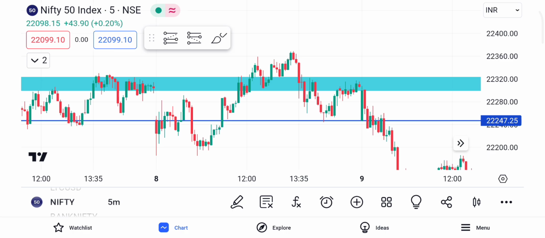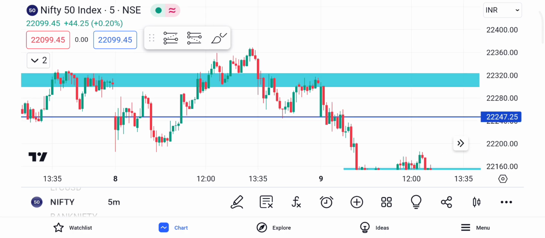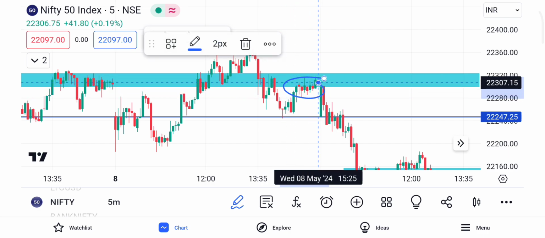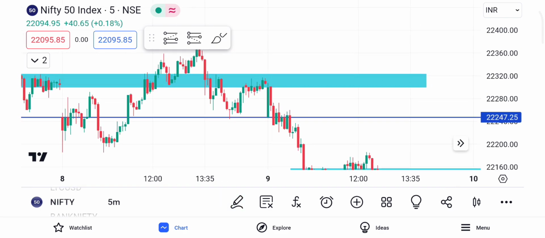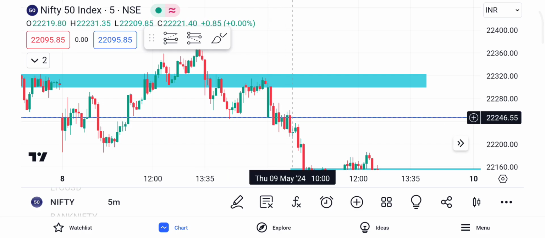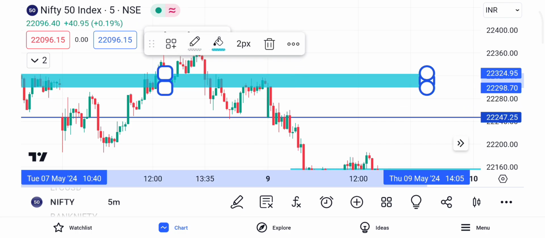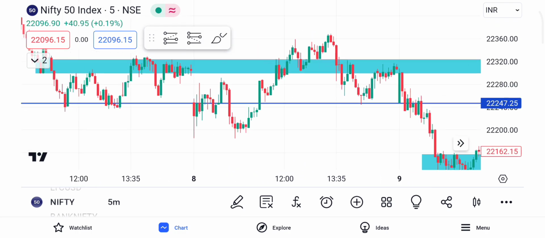One more important thing we have to understand here is, this is for another video, but I just want to quickly tell you. If you see here, for 30 minutes or so the market was below this mark, right? And next day the market opens below that range. In that case you can definitely consider this mark as a proper resistance.